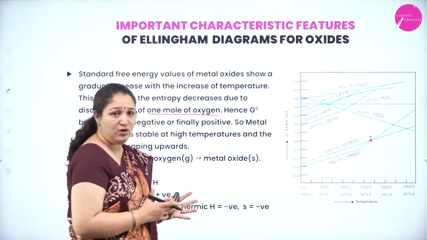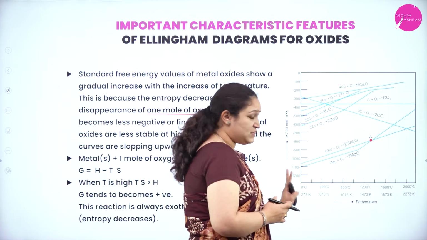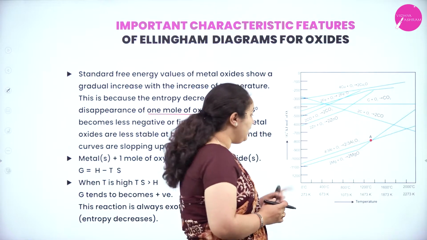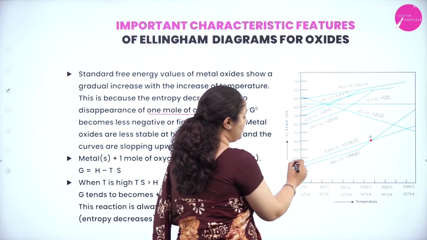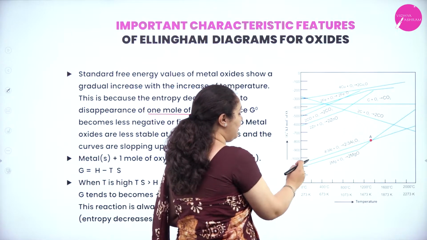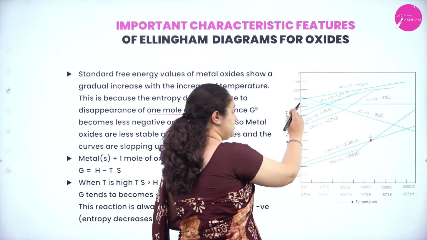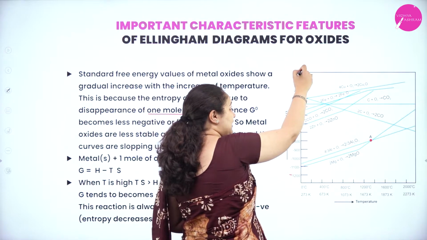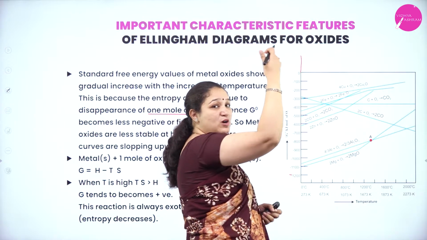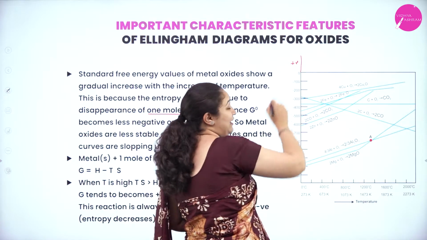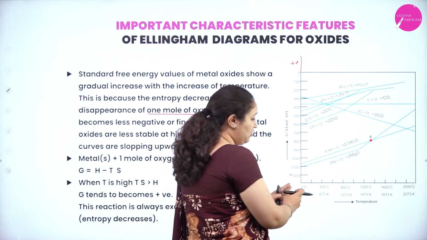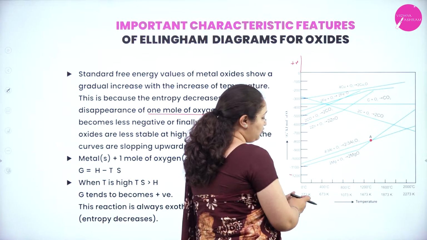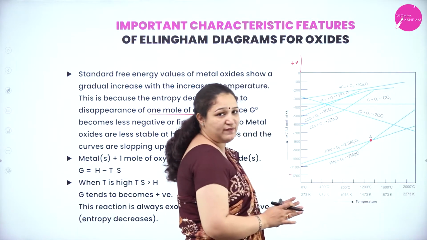So, what is the meaning of this is, see, observe the graph carefully. Here you can see this is minus 1200, minus 1100, minus 1000. From minus, the scale is going on decreasing. It is going to 0, and then if we continue, it is the positive scale which will be there for delta G naught values. Now, temperature from 0 degree to 2000, or I can take 273 to 2273 Kelvin is taken in the x-axis.